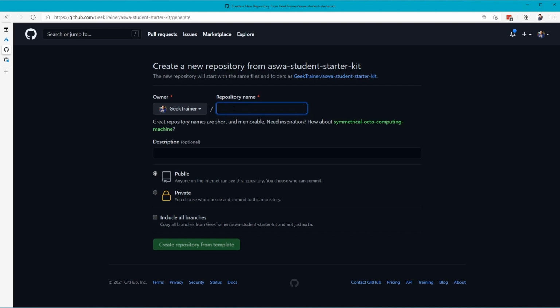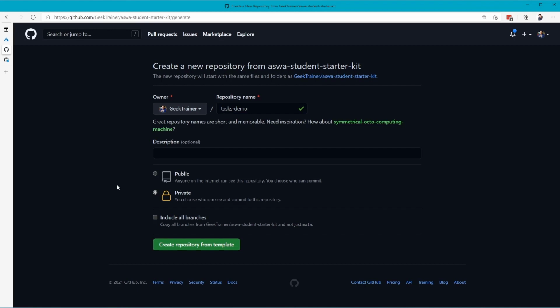Now this isn't a fork, it's creating a copy of this. So it's now my own repository, separated from the one that was already there, that I can then start to base my own projects on. I'm going to give this a very creative name here called Tasks Demo, because I'm very creative in naming. And I'm just going to mark this as private.